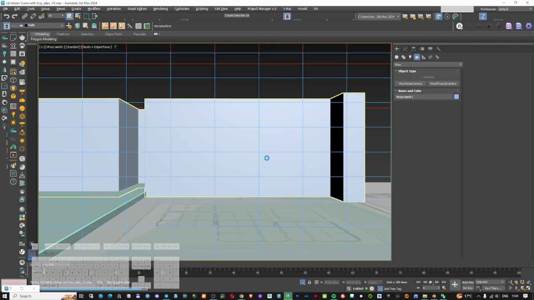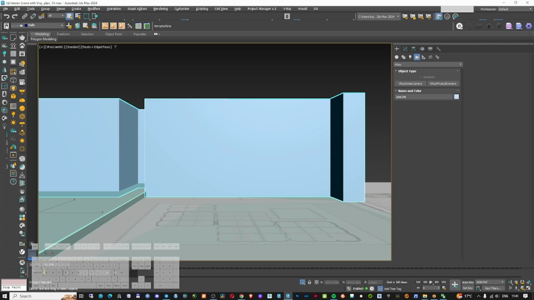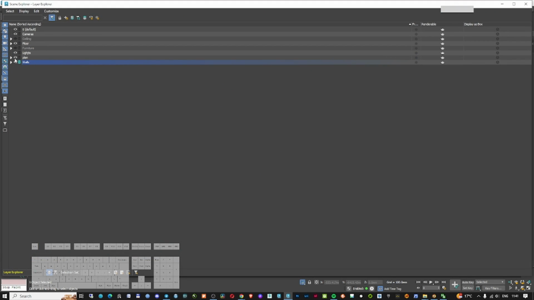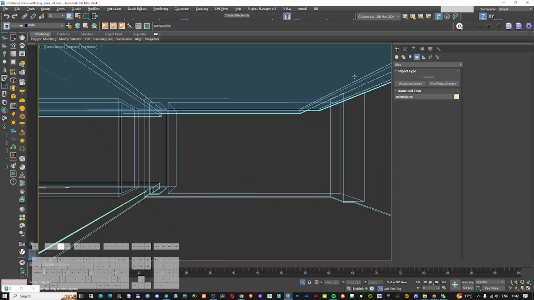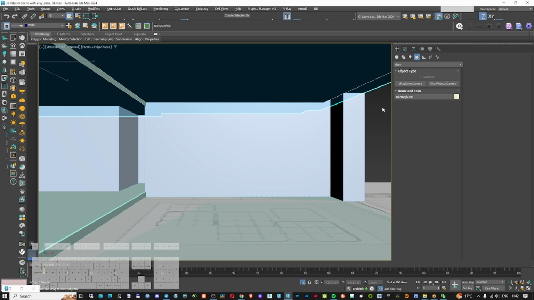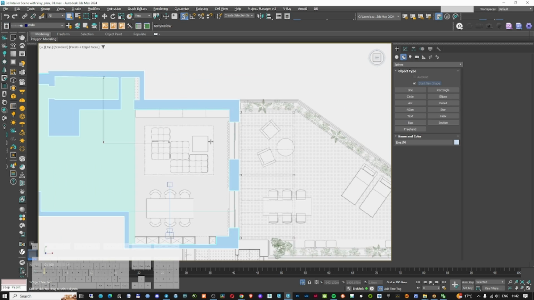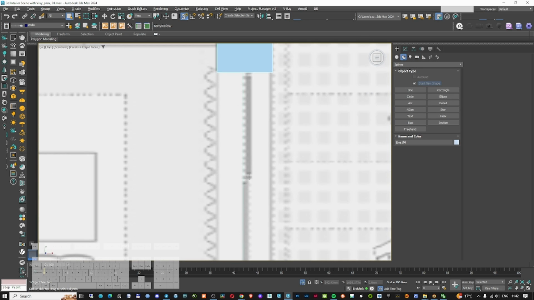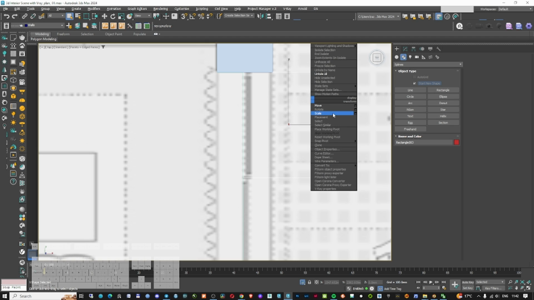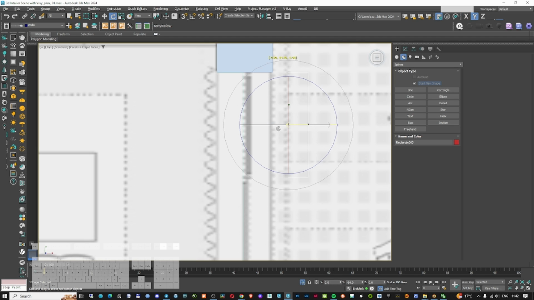I'm just gonna save my file. I'm gonna unhide my ceiling, because I need to see if my ceiling is going all over. Yeah, this is looking good. And right now I'm just gonna start creating the windows. Okay, and to do that, as you can see, there are 2 windows in here. I'm just gonna start creating one and then the other one. Just gonna do this. I'm gonna rotate all of this 90 degrees